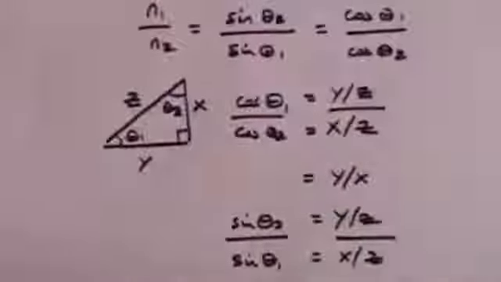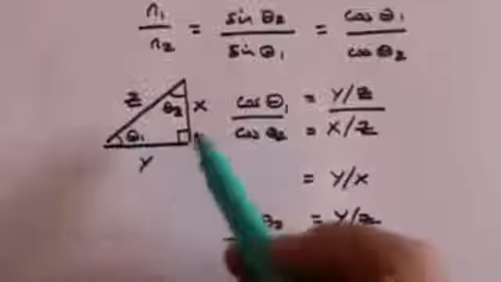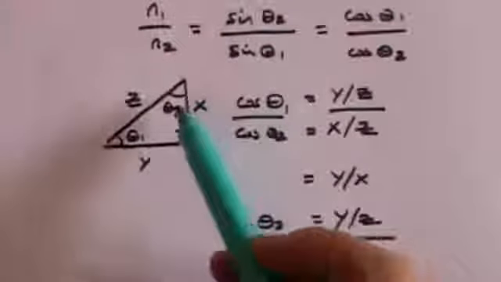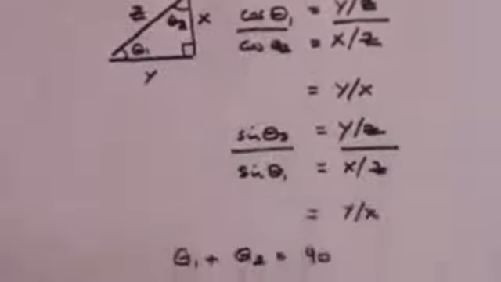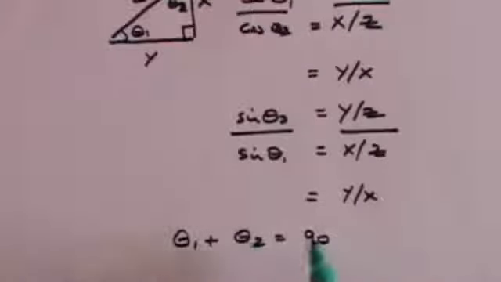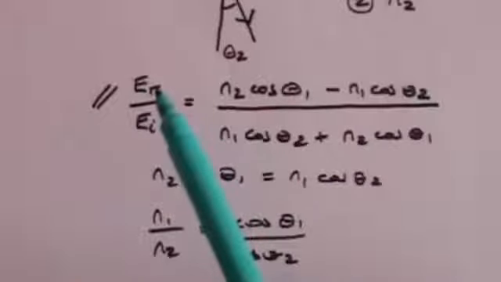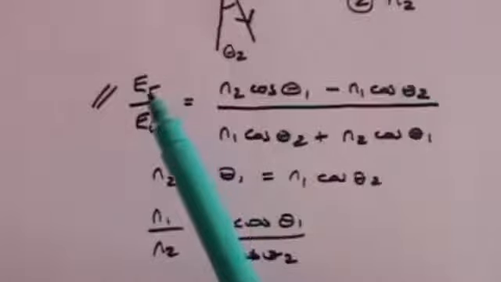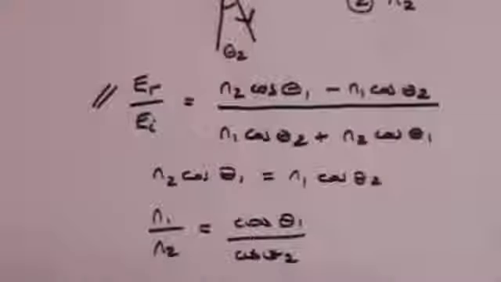For the obvious reason that this is a triangle which is made up of 180 degrees, one of the angles is a right angle, so the other two must add up to 90. So when theta 1 plus theta 2 equals 90, you get this situation here where the numerator is 0, which means that the parallel component of the reflected wave becomes 0, which means only the perpendicular component goes through, which means that the reflected wave is polarized. When that happens,